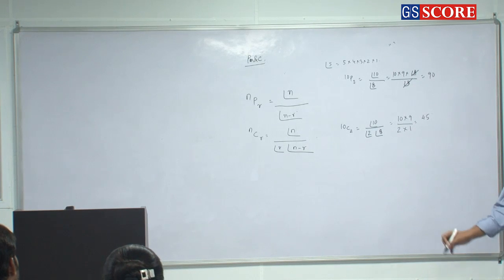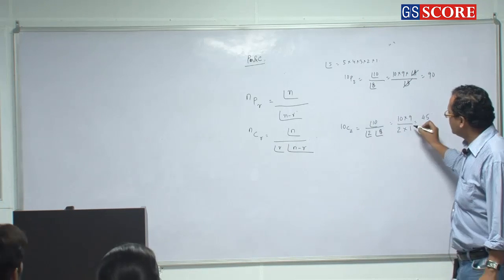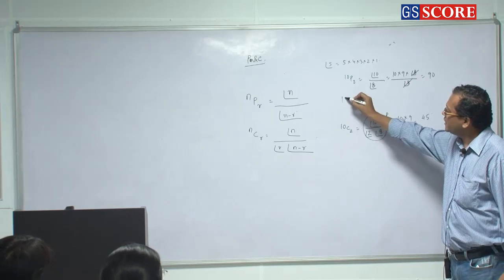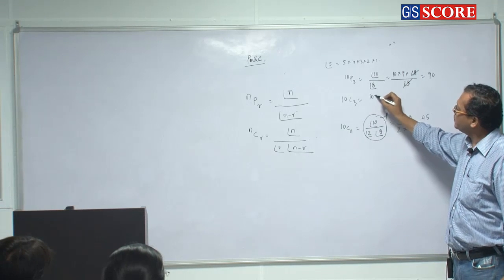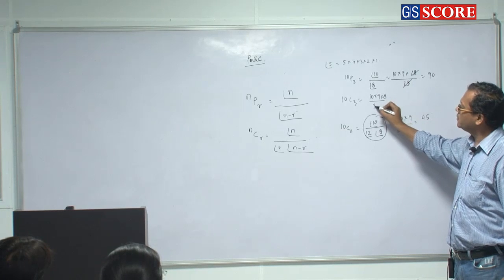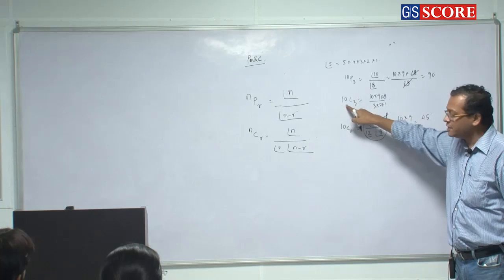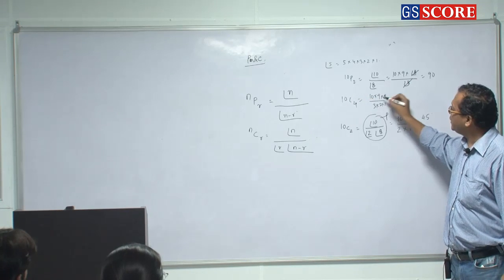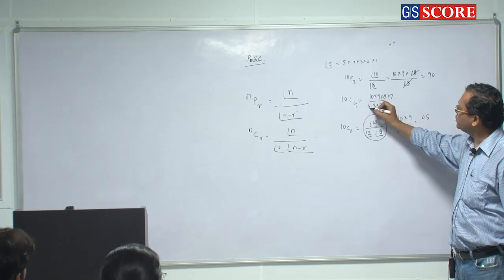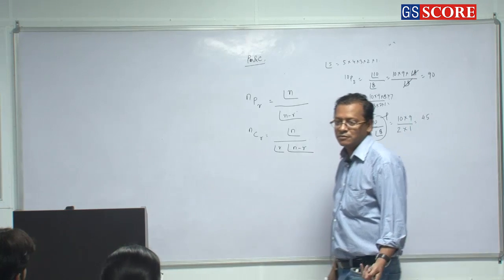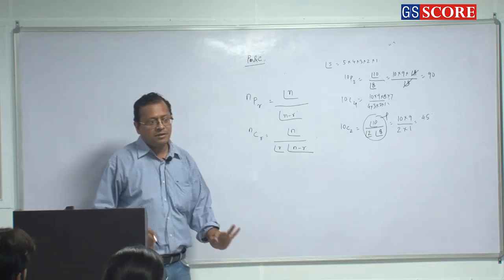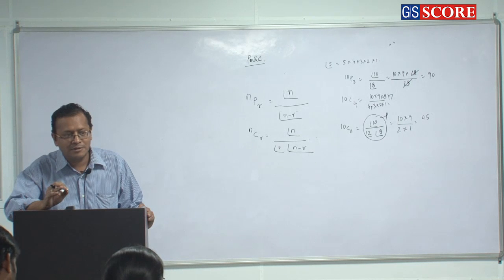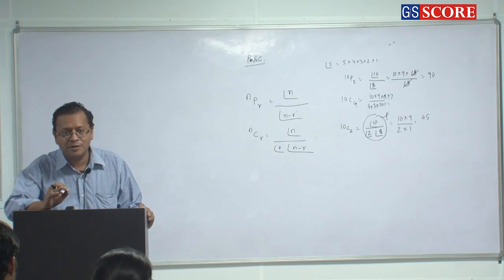So when I say 10C2, you don't have to write all these things. This is the formula we have known. But you can just write, if I write 10C3, it is 10 into 9 into 8 by 3 into 2 into 1. When I write 10C4, it is 10 into 9 into 8 into 7 by 4 into 3 into 2 into 1. Clear or not? Everybody? Right? Is it understandable? Right?